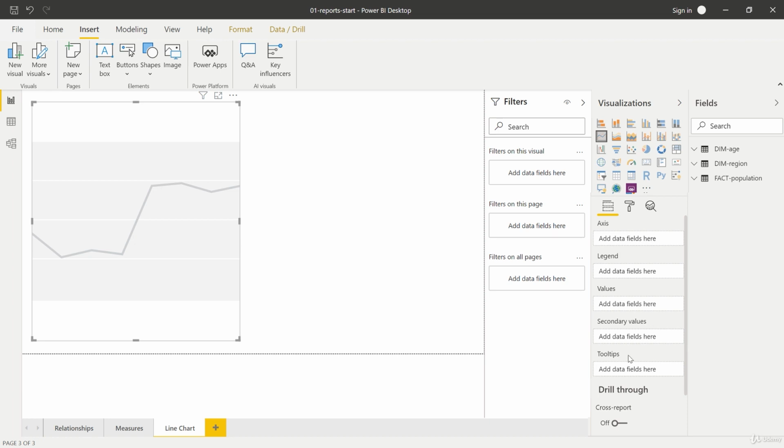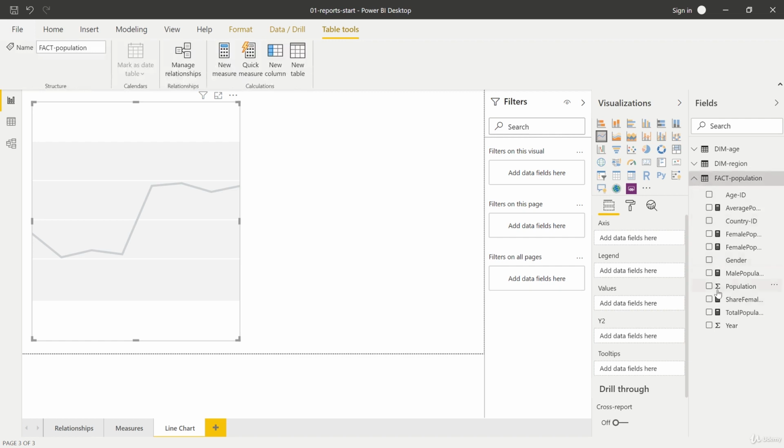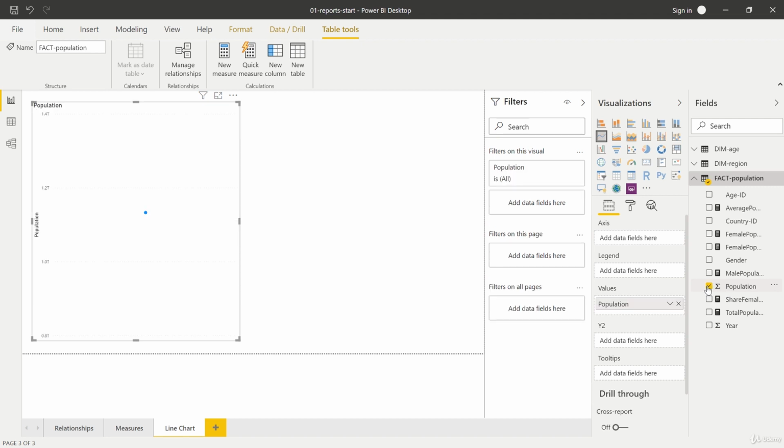And we have tooltips. Therefore, why don't we get started and add first maybe a value to our chart? As you saw, the value is in the end what the line should actually display. Therefore, here, I think if we go to the fact population table and select our population data, this does make sense. You can now either drag and drop that field into the chart like this, or if you go back, simply select it right there. Here, Power BI Desktop automatically added the population data to our values field. So this is exactly what we wanted right here.